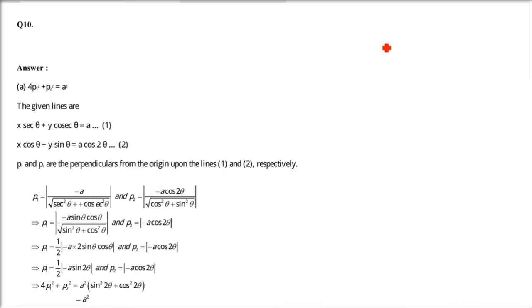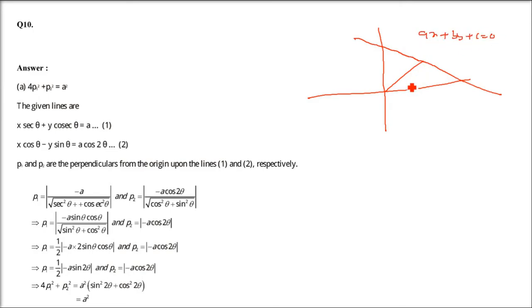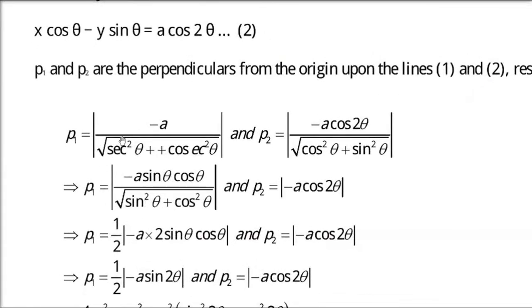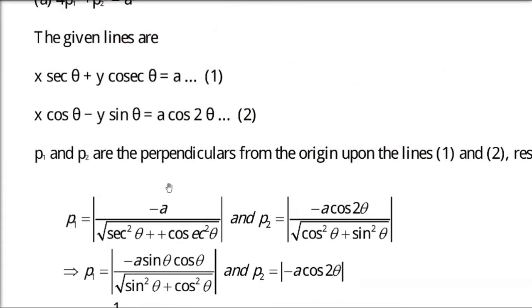So the best thing here is the points are coming from origin, so it will be simpler because x and y will get 0. So there is a line, say ax plus by plus c equals 0, and you have a point which is 0, 0. What is going to be the distance? c divided by under root a square plus b square, because eventually you put x and y as 0, 0, ax plus by will not be there. So you have minus a by under root sec square theta plus cosec square theta, coefficient of x and y.